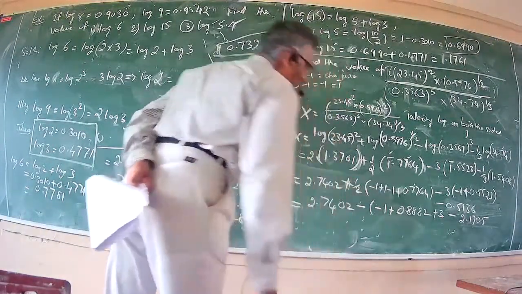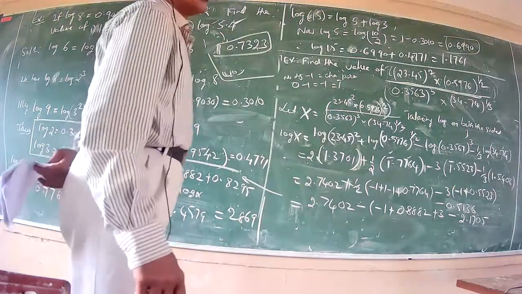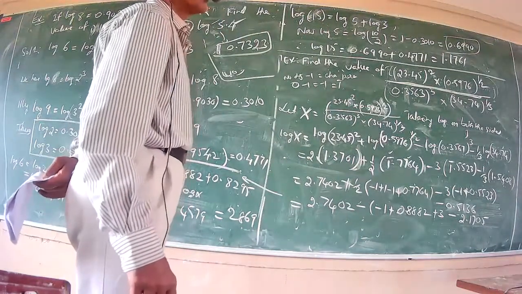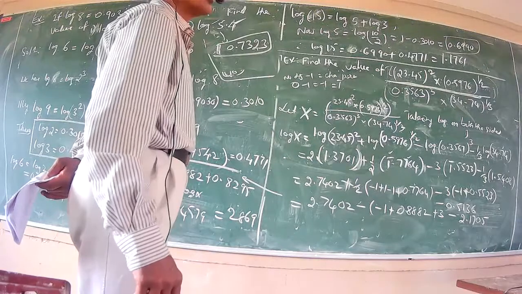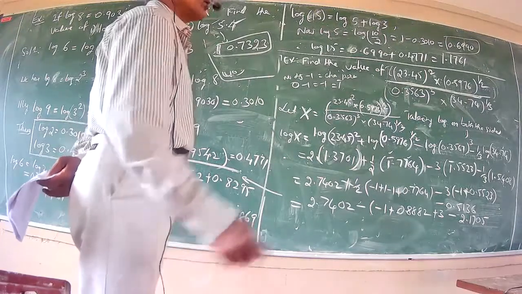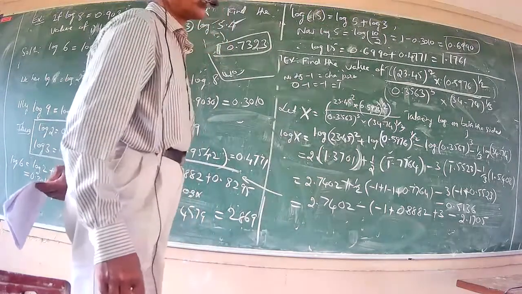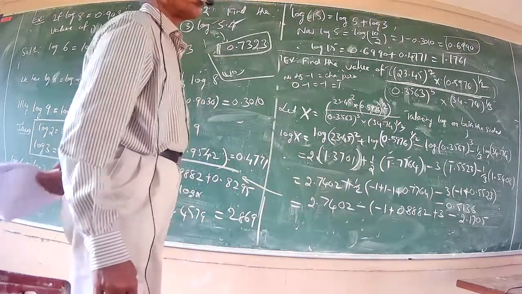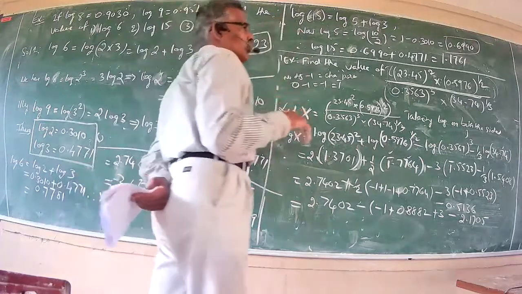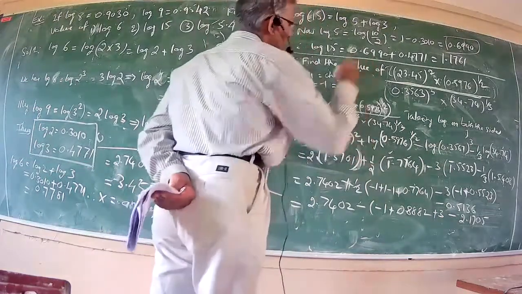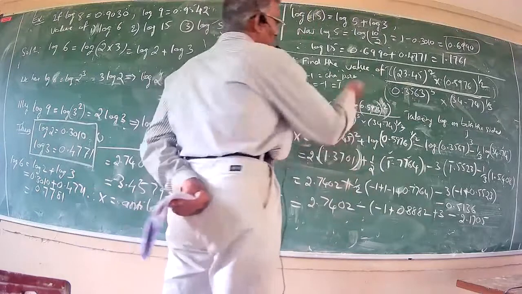In the examination there is one question about this. Around 20 marks will be on logarithms, and in the second part also there are around 20 marks on logarithms. So 7 marks and 8 marks, two questions will be there. You have to solve similar examples. This one carries 7 marks.